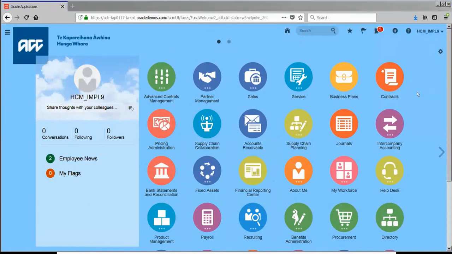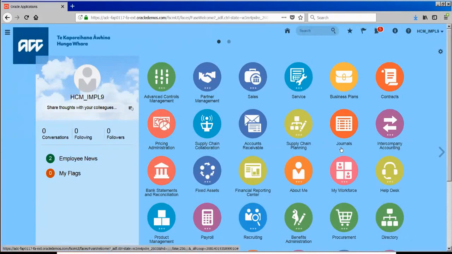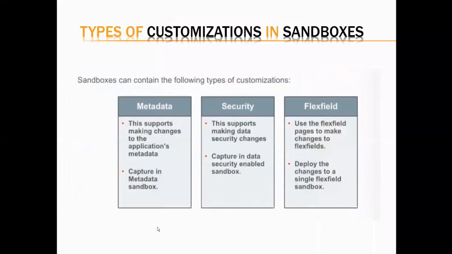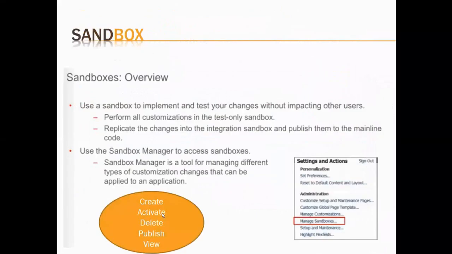Basically, what is a sandbox? As I said, a sandbox is a tool which is given by Oracle. By using the sandbox, you can do whatever changes you wanted to do over the application. Those changes will not get committed into the database until and unless you publish it. Okay, so that is a sandbox. Oracle has given that tool, basically. So, to give a little bit of background about the sandbox, basically. So using the sandbox,